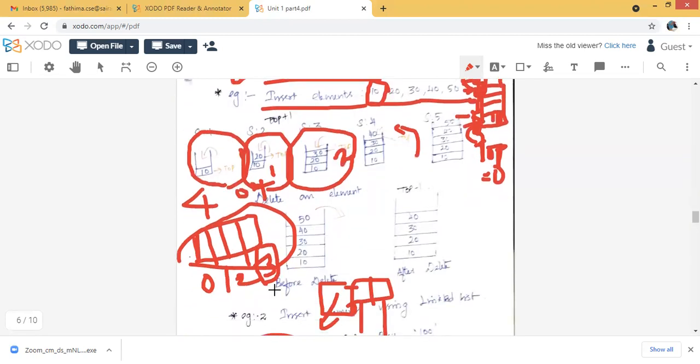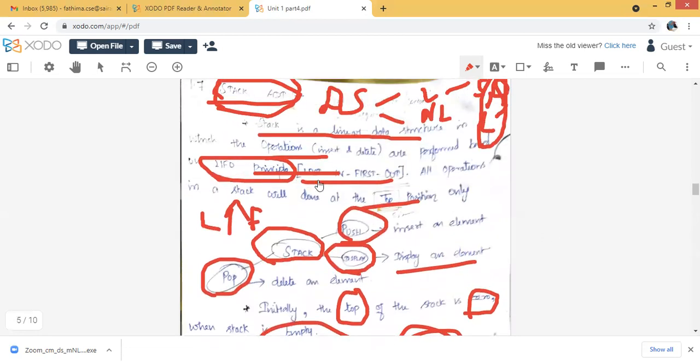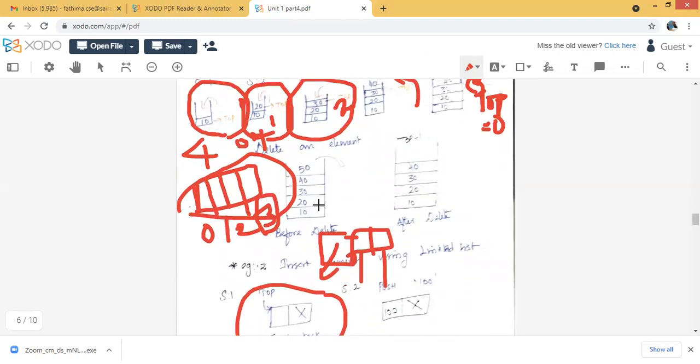So now I have to do a pop operation. If you want to pop an element, you no need to mention that element. I want to delete this element in a stack. We can't do that. Why? Because it is a concept which follows the principle of LIFO. That is, whatever you inserted last, that will come out first, right? So we just pop elements. What is inserted last comes out. So we just give a pop operation only.